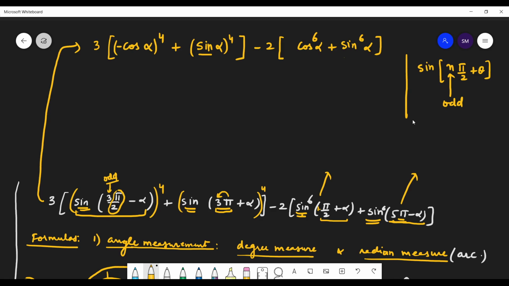So 3 minus 6. So what is t? Sin alpha into cos alpha I have written as t, so that my calculations are simpler. Minus 2 plus 6t square. So the 6t square plus and minus cancel out, and you get the answer as 1. Is it clear, students? Yes, sir. Yes, sir. Clear. Yes, sir.